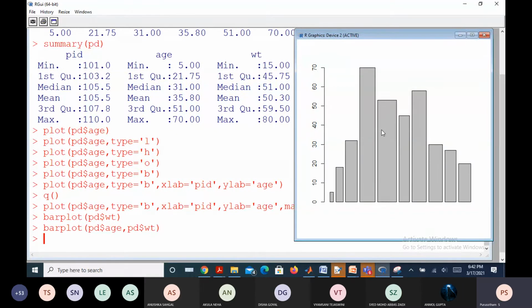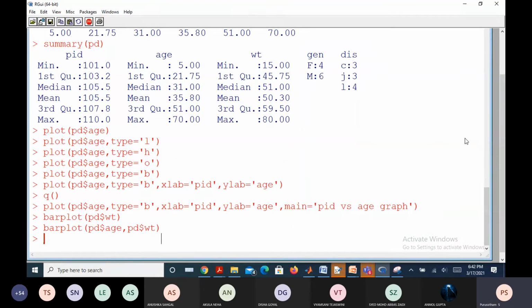But actually, I don't want it in this form. I want what I can call a beside form. So one age variable is there, then beside it another, weight, like that. My intention is to display it in that way. Suppose the first bar is representing age for a particular patient, the next bar is for weight of the same patient, like that.